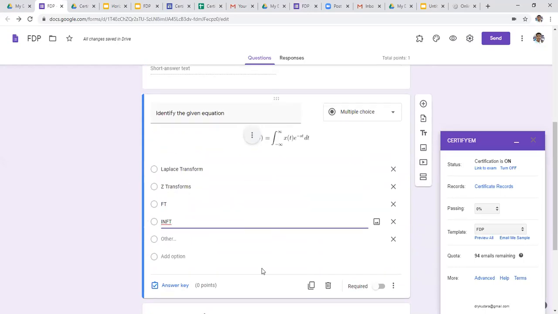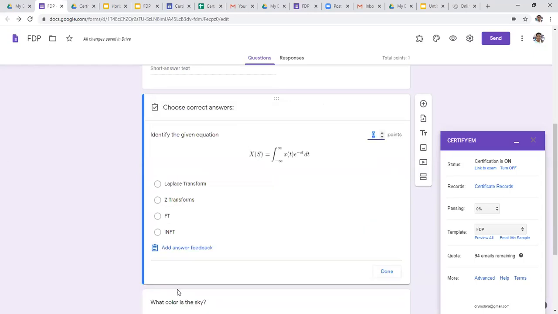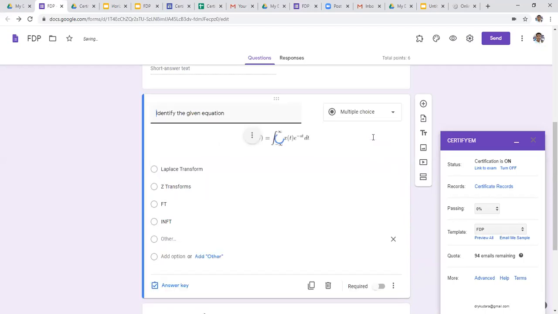For this, first press on answer key, then select the right answer, then give the corresponding points. For example, 5 points, we can add 5. Then click on done. So for this particular question we have allotted 5 marks, and we also assign the answer.